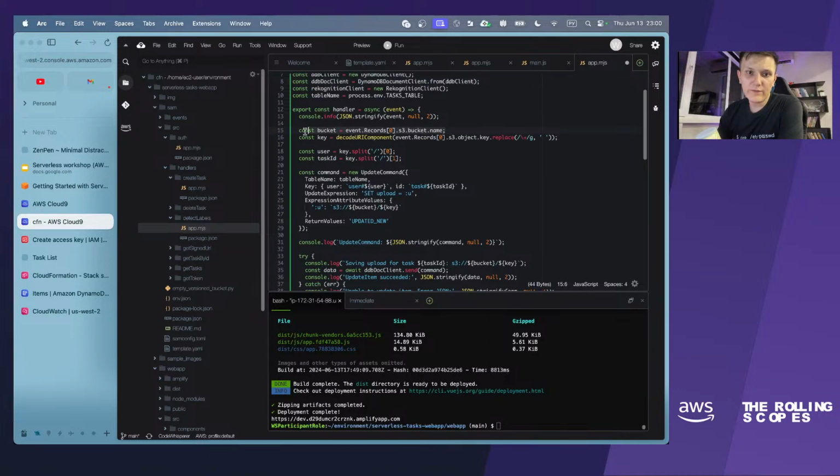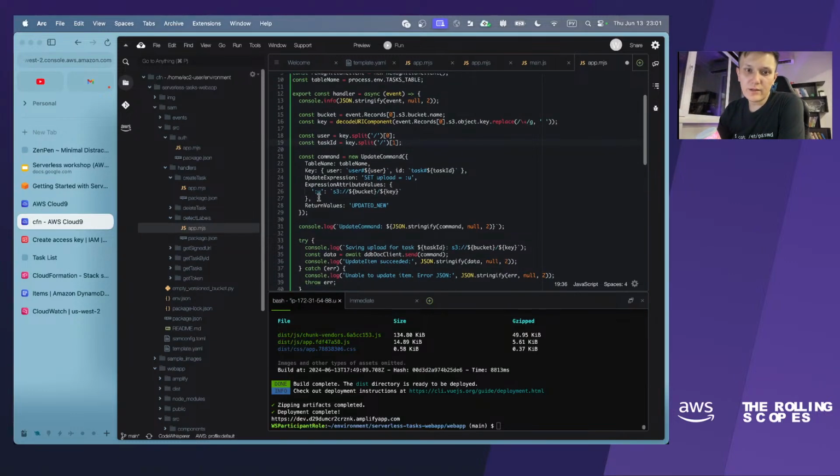Here we have the bucket name parsed from the event object, and this key is the key of the image which is uploaded. Yeah, it is the object key, and in this object key we have the user and task ID also, because the images will be named like user plus task ID.